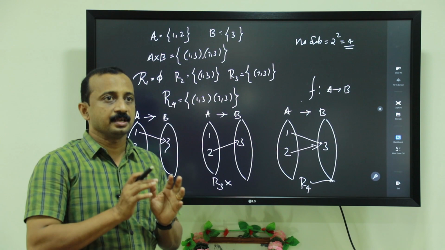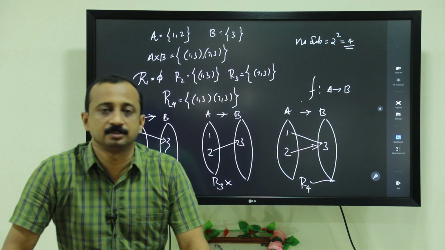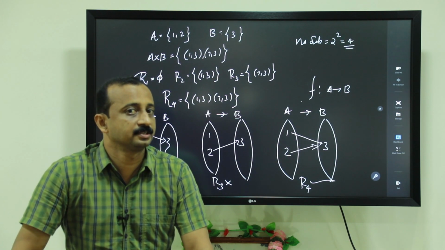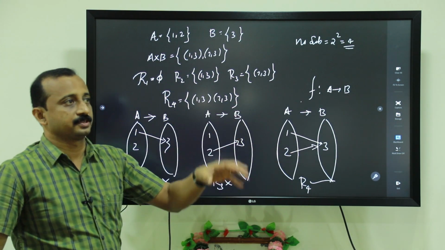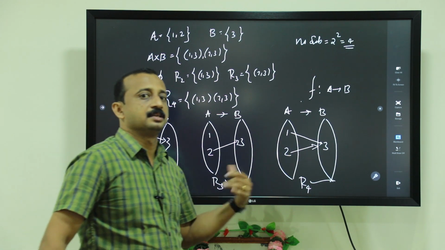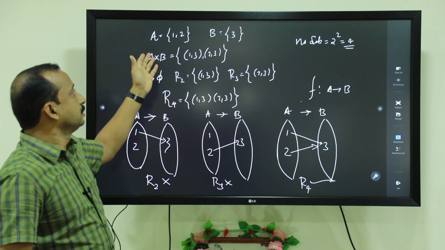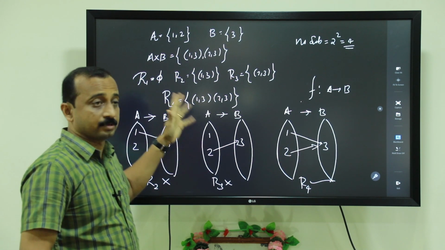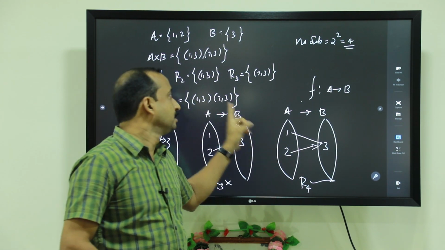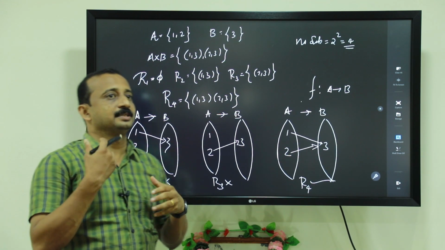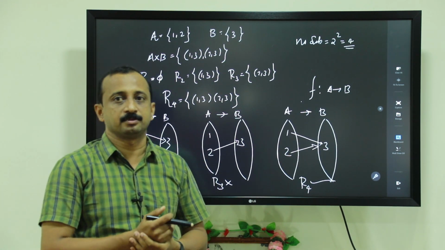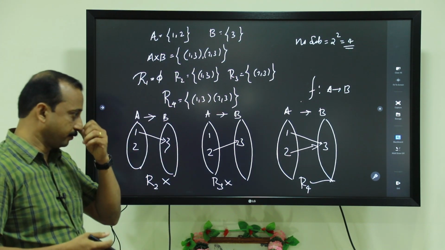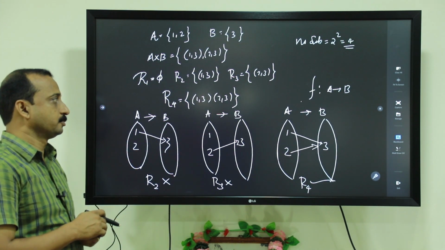That means every relation is not a function, but every function is a relation. Clearly, every function is a relation. All relations are not functions, but all functions are relations. Okay, here the set A equal to {1, 2} and set B equal to {3} contain 4 relations. There exists only one function, that is R4. How many relations and how many functions can be formed using two sets will be discussed later using a formula, in the last portion of this chapter.